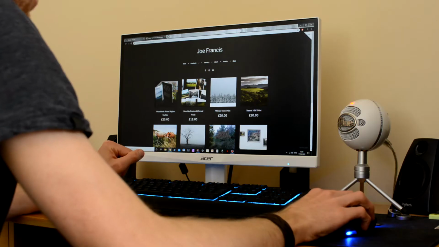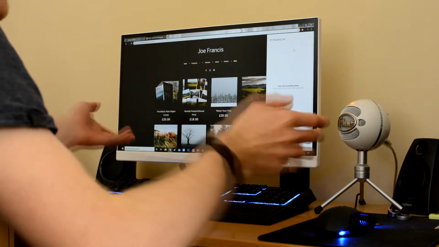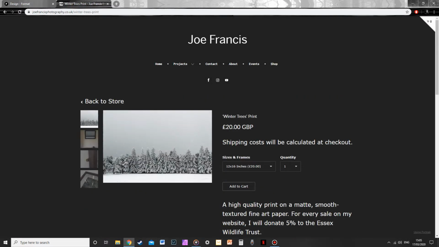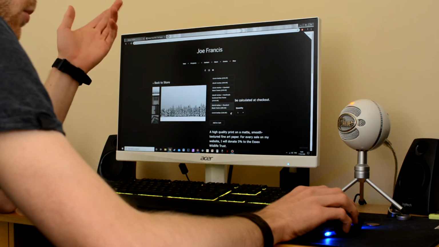But I can say that the shop is fairly easy to set up in terms of the payment method. Up here in the corner you've got the cart, just like any other online store. I'll add something to the cart just to show you the process. You get your drop down boxes, and there I've got my options. You can have as many options as you want, I think, and then you get to choose your quantity. And in the store section behind the scenes, which I'll show you in just a second, you can decide whether you only have one as a one-off product or if it's